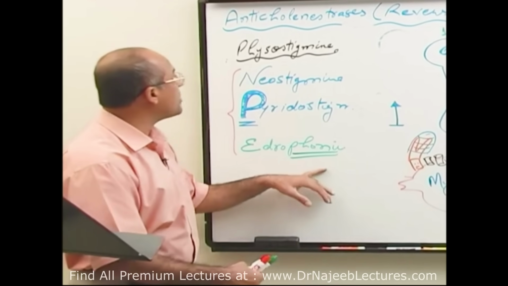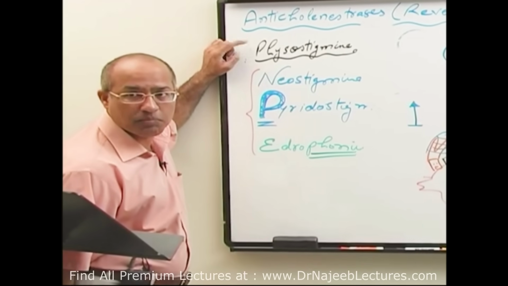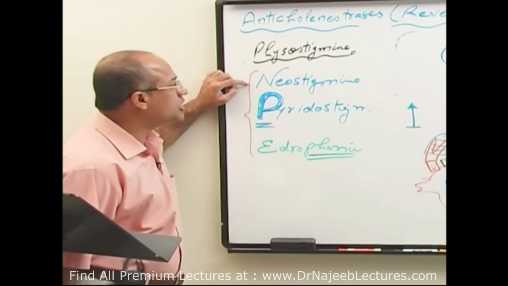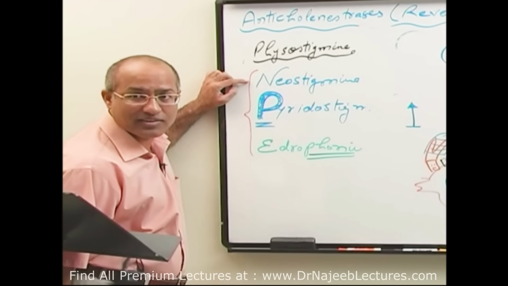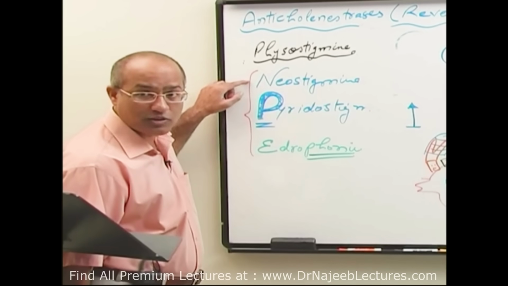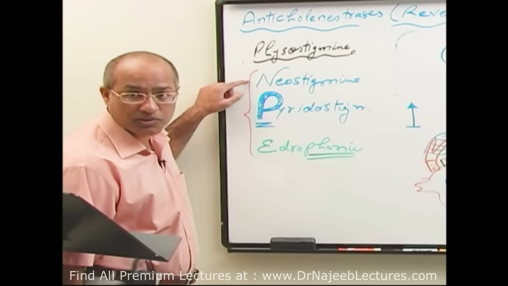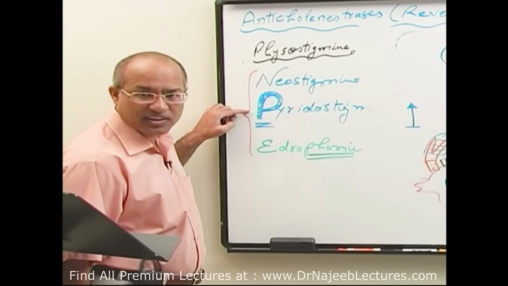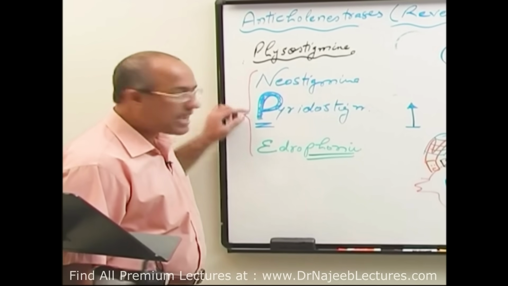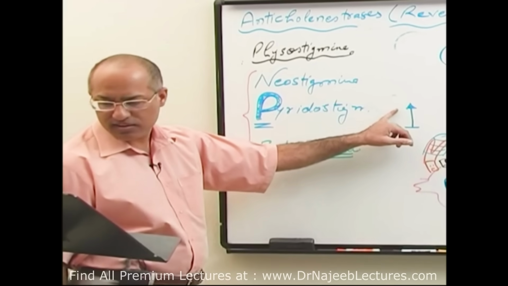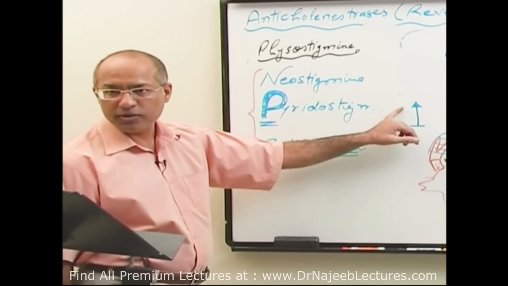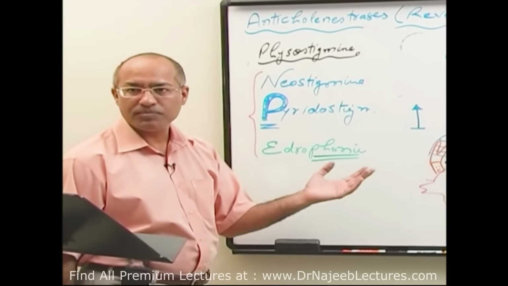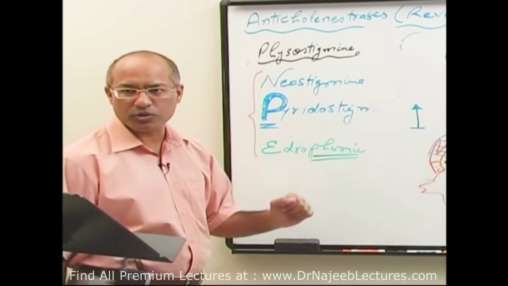Now, again let's go back. Physostigmine, an alkaloid and tertiary amine, can go to the central nervous system. Neostigmine, a quaternary compound, does not go to the central nervous system and is more effective at the neuromuscular junction. Then pyridostigmine, a long-acting anticholinesterase of the same class, a carbamate. And there is another compound, what is that? Yes, ambenonium. You can use pyridostigmine or ambenonium. Any one of these has a longer duration of action.